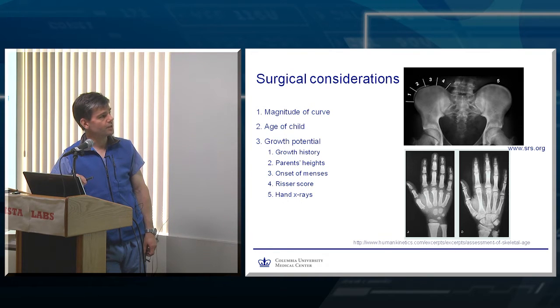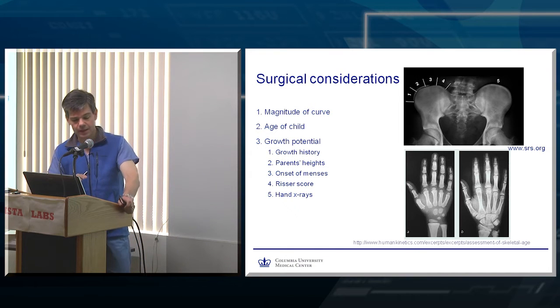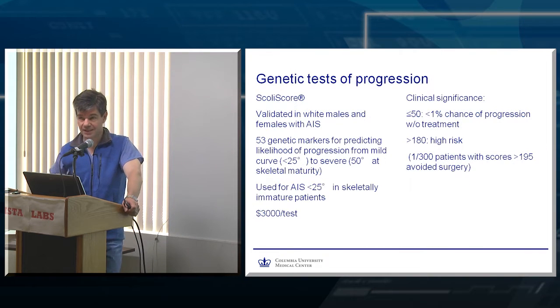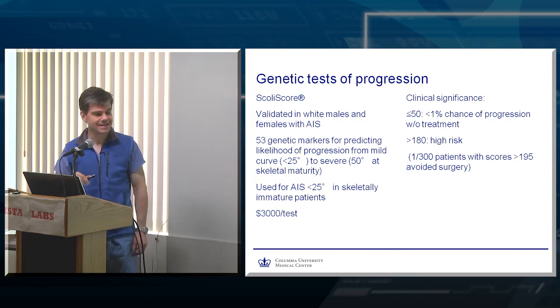There's a Risser 3 illustrated, just divided into quadrants. The ossification starts laterally, proceeds medially, and a 5 would be a complete ossification of the iliac apophysis. And then the hand x-rays I mentioned, where we obtain just an AP hand film and compare it to the authoritative atlas to get a gender-specific skeletal age to help estimate continued growth, with skeletal age of 18 years being